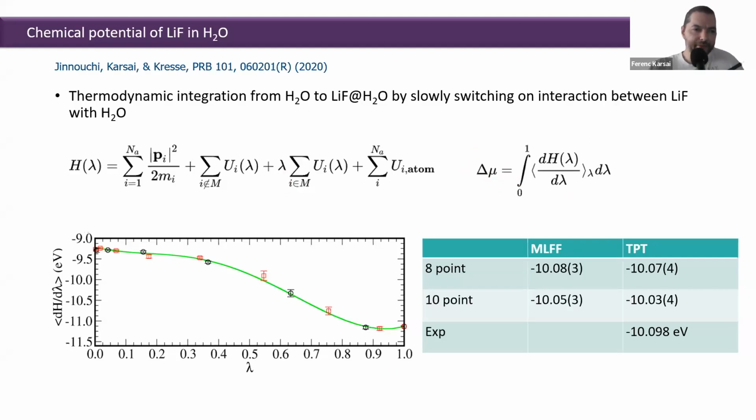The integrand is very nicely shown here. We were very happy that it was so smooth and nicely integrable. And finally, we got very good agreement compared with experiments. So this is our final value where we corrected it with a thermodynamic perturbation theory. This is like a first order correction using also some ab initio calculation. Doesn't matter. With this corrected, we are within a few percent agreement with experiment.